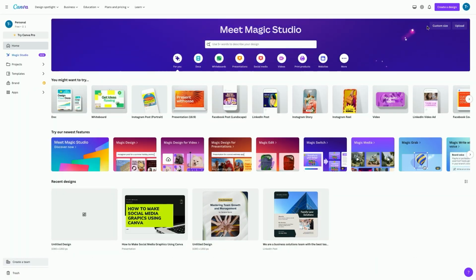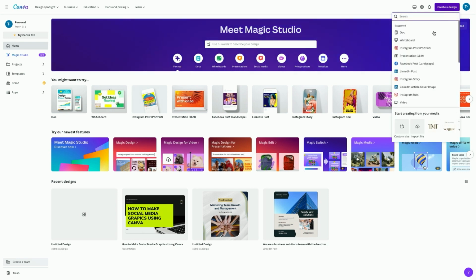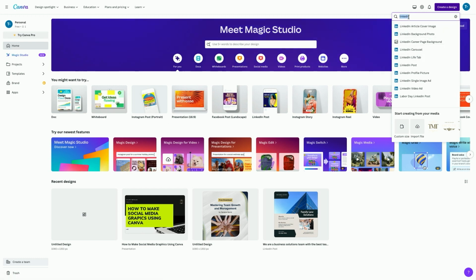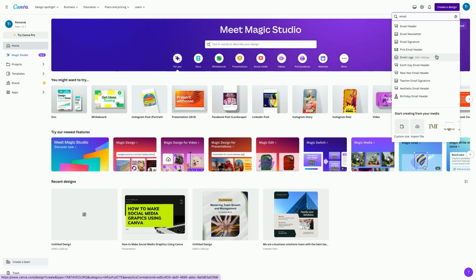Let me quickly go back. When you're in the Canva homepage, you can quickly go up to create a design, and they have a ton of different options for you pre-formatted, so you don't have to try and figure out what the pixels are on each platform. You can just roll through here and figure out what it is you need. If you want a LinkedIn post, there's a million different types of LinkedIn posts and headers. One that we found pretty recently was email newsletters. They have a lot of stuff pre-formatted for you, so you're not sitting there trying to figure out what the size is that you need. So let's go back to